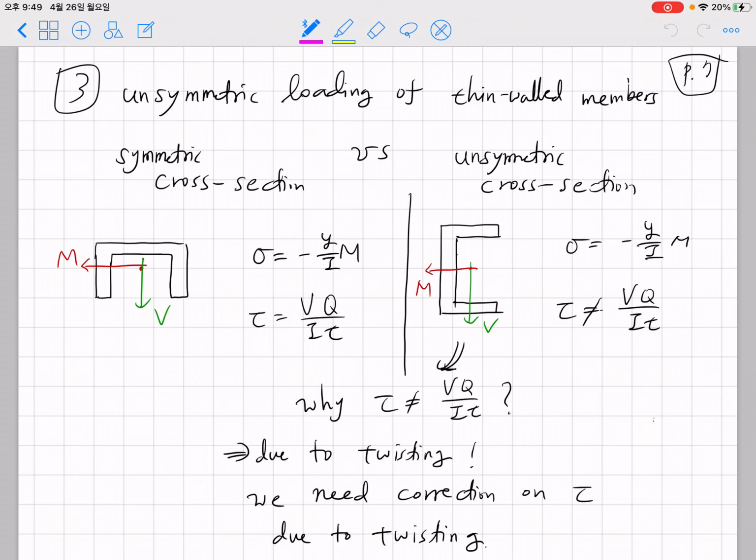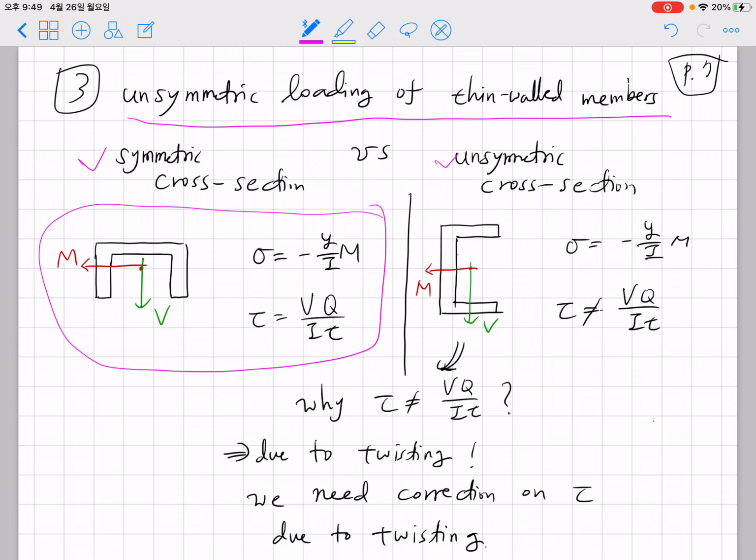As a final topic of today, let's consider unsymmetric loading of thin-walled members. Before we begin, let's compare the two cross-sections, symmetric cross-section and unsymmetric cross-section. For the symmetric cross-section, it's easy. We can apply the normal stress and shear stress equations without any difficulty, following the equations we derived in previous